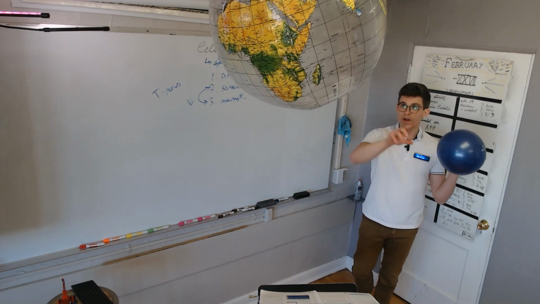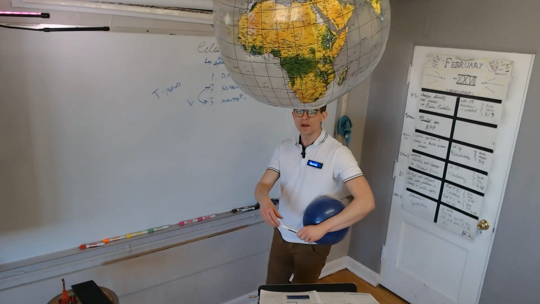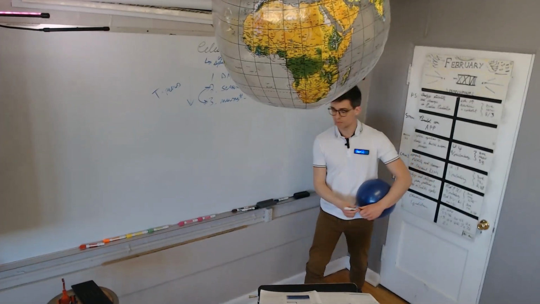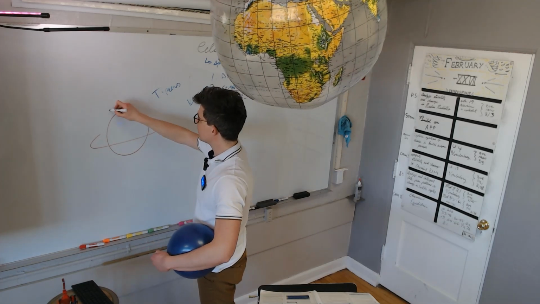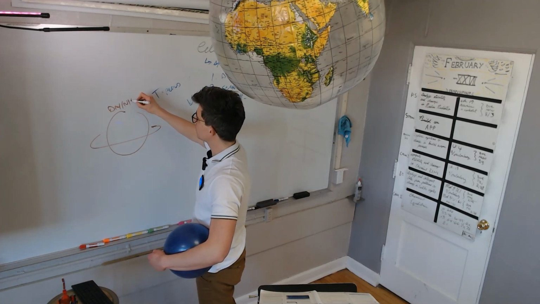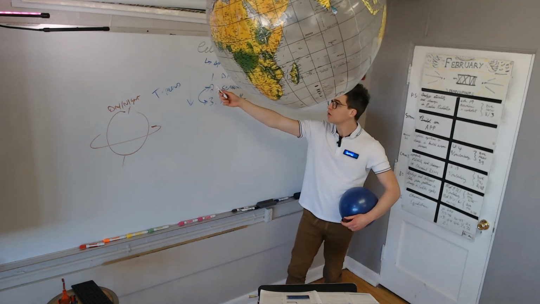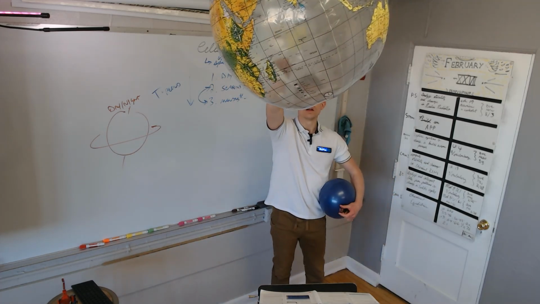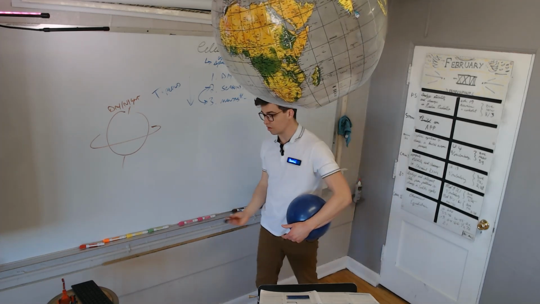But check it out. When I am doing this, you should be drawing the pictures. I meant to do both, but I don't want to both hold the ball and draw the picture. So this is a day or a night. A day and a night is like this. So that's an example. As I showed the day and night cycle with my puffed up Earth, you should draw it in your notebook, however you best draw it.